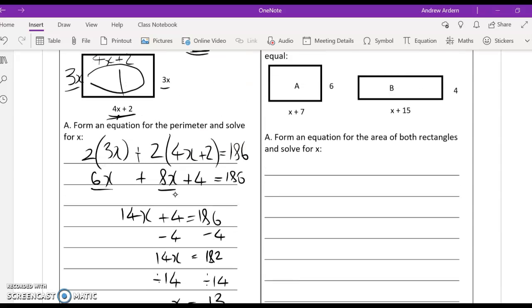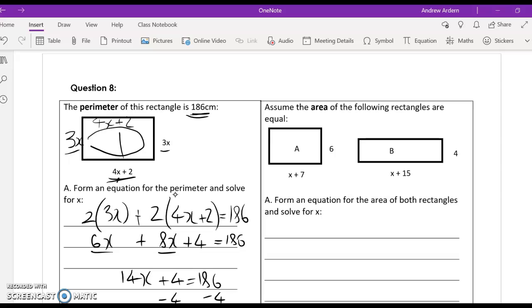In a similar fashion, on the areas of these two rectangles, we're told to form an equation for the area of both rectangles and solve for x. Assume the area of both rectangles are equal. So when I write the area for A, I'm going to equate it to the area of B. Area is always base times height,